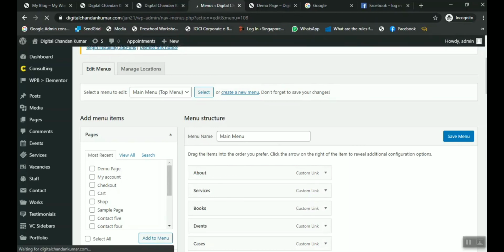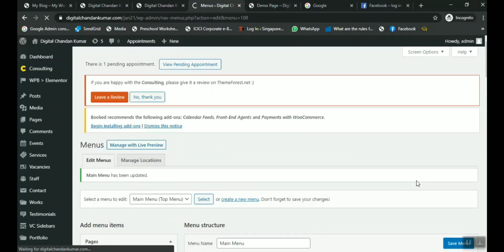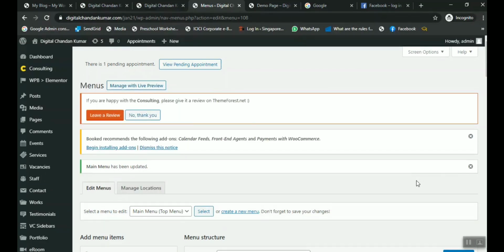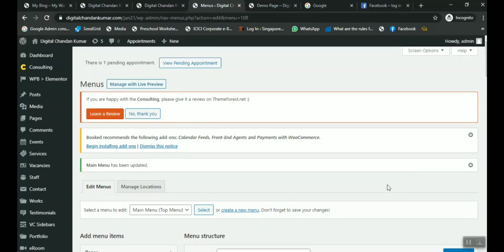The page is loading right now, so just wait for the page to load. So the page is already loaded here.